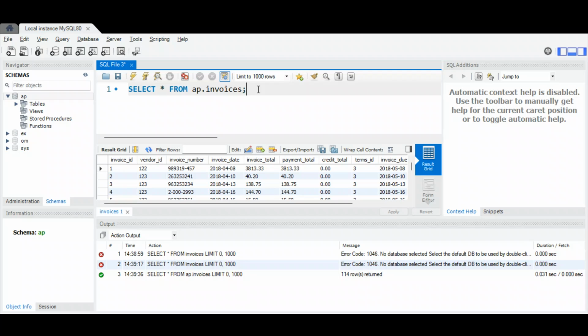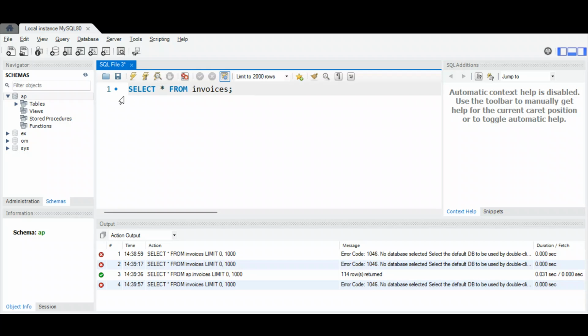But we'd have to do that every single time, and you probably don't want to do that. I don't want to do that. I would forget. So here's something else that you can do. I'm going to take this off, and notice that once again, it does not work. Up above, it could be anywhere actually, but let's go ahead and put it up at the top here. We're going to use the use clause. Use AP. So use and then the name of the database, and then once again hit Control Enter,